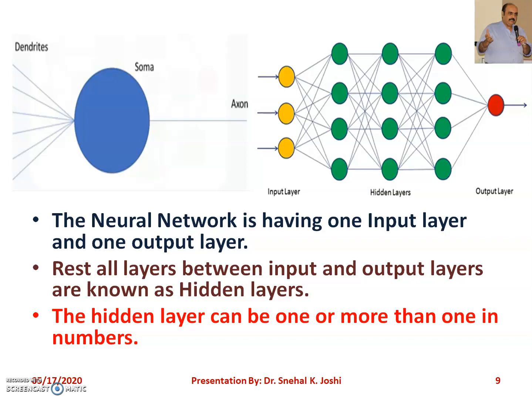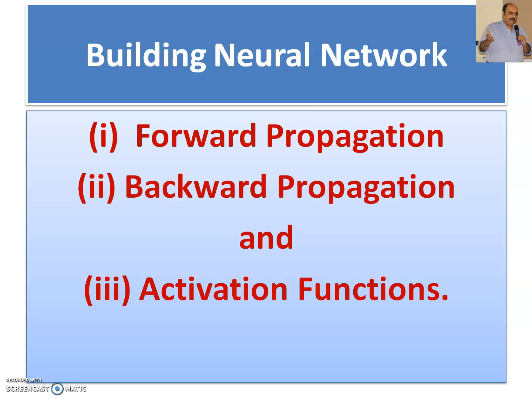All right, this is our artificial neural network, giving you a rough idea. The network consists of three layers. First is the input layer, and the final one is the output layer, and between the input and output layers we have hidden layers. The hidden layers are more than one in number; it depends on your requirement. We are not going to talk about neural networks in detail, we will just take a brief tour of it. In case you are interested, I have already kept many lectures on artificial neural networks on YouTube,